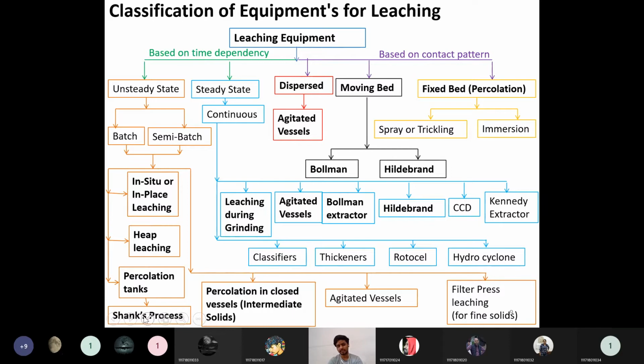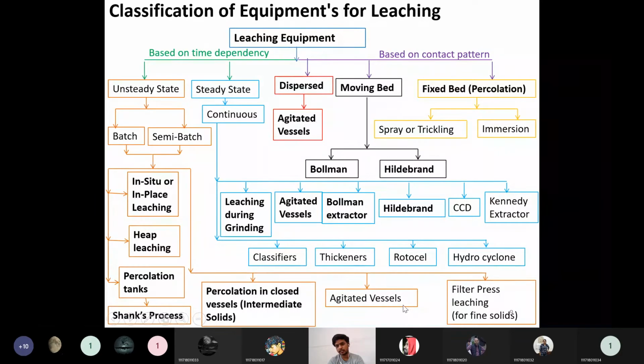This is nothing but operation of tanks without moving solids; only solvent is moving inside the many tanks. Up to 6 to 16 tanks will be there. From 6 to 16 tanks, how we can move the liquid and how we can take out the solids, that type of design is known as the Shanks process. So this is a continuous counter current operation of various tanks. That is called the Shanks process. This is very important for your syllabus.